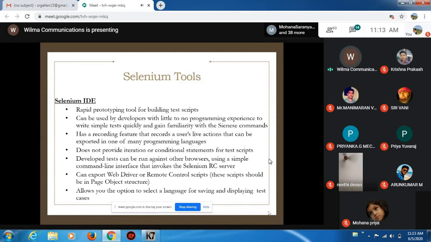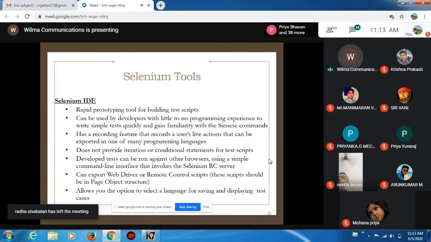So Selenium IDE is used to record the user activity and run it in the application. It doesn't support any programming, any looping or any conditional statement. You can verify the process without implementing any additional programming and conditional statements.